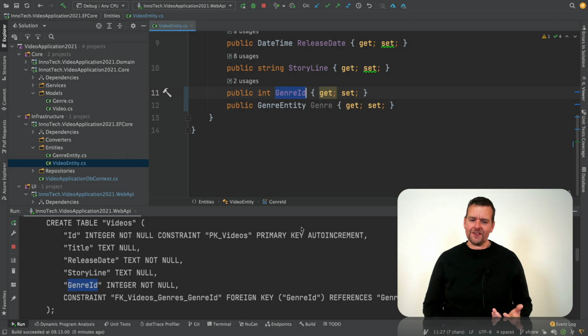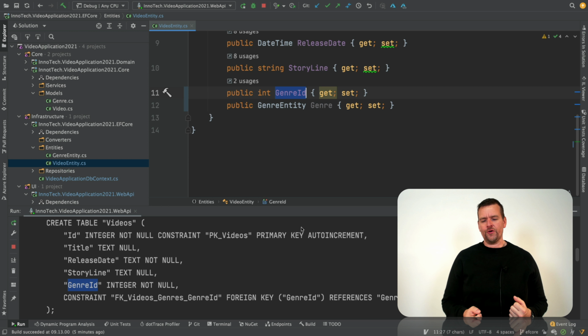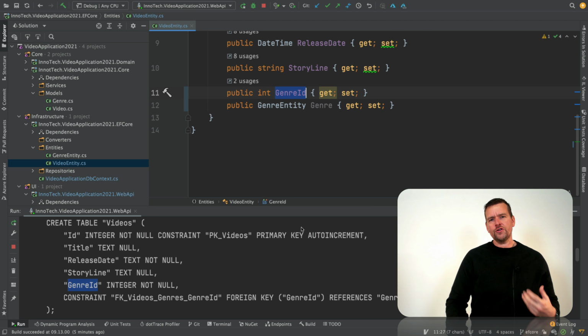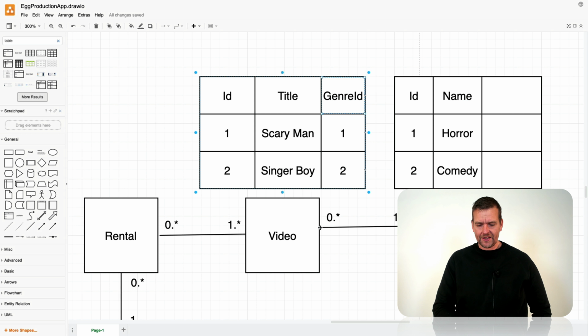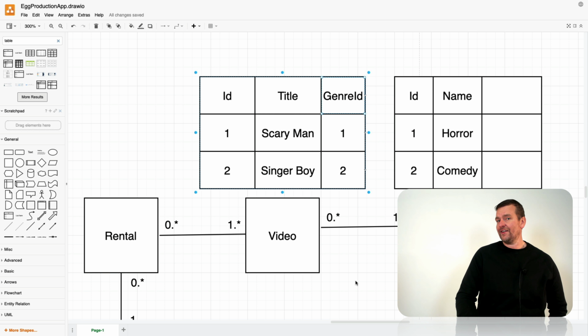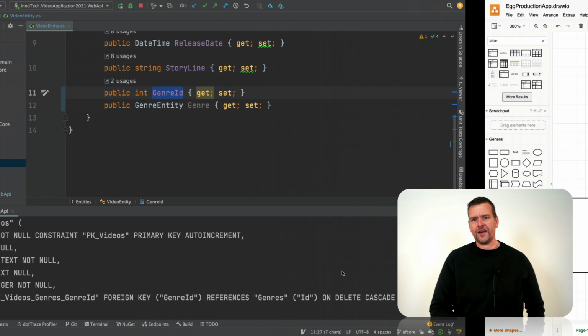What if you don't want to be dependent on the Entity Framework to take care of the work for you? What if you don't want to use the naming conventions? You can use the Fluent API and actually build the relations yourself. So if I want to build a relation like this and I want to be clear in my code how that relation should look from now on and forever, I'll show you how to do that now using the Fluent